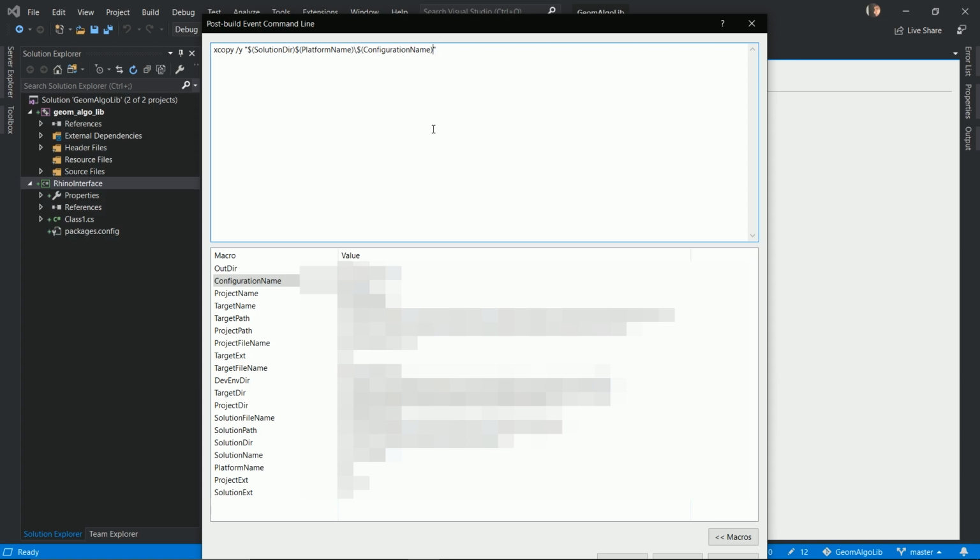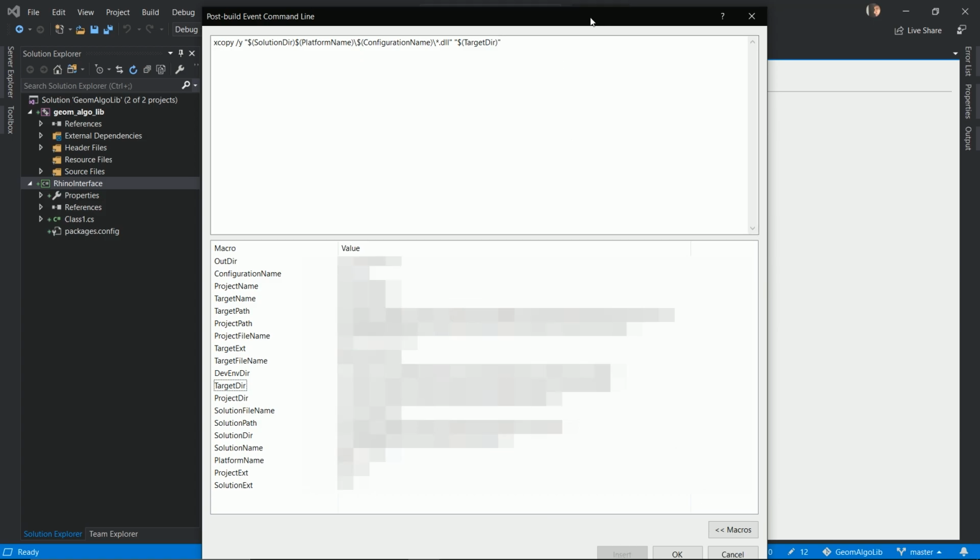And the configuration name also doesn't have that, so we're going to also add that. And we have to copy all the DLLs. I mean, we could also copy just the one DLL, but we might as well just copy all the DLLs. That's fine. And we're going to copy them to our target directory. So that's our macro,